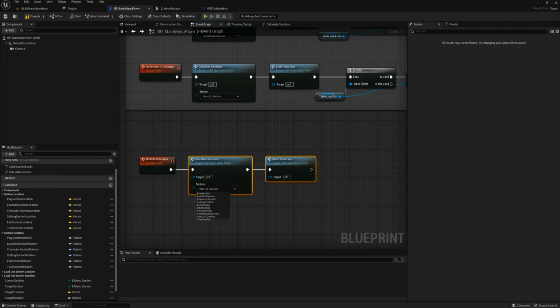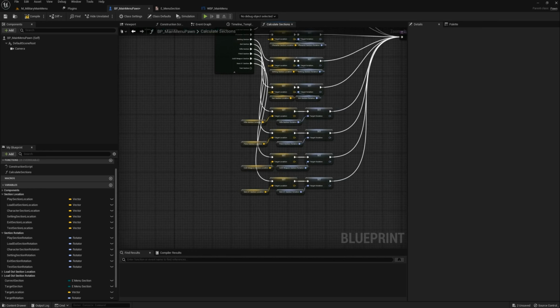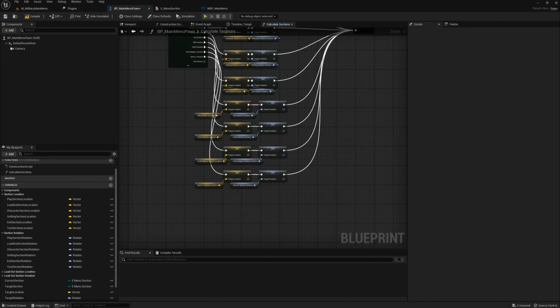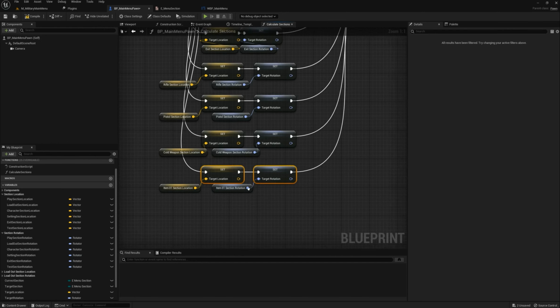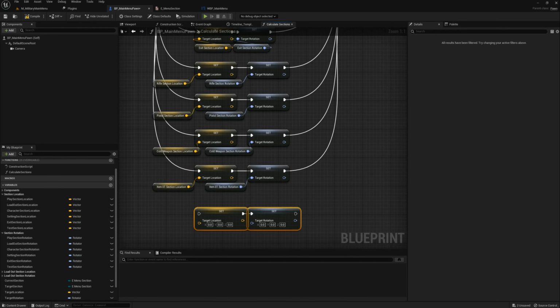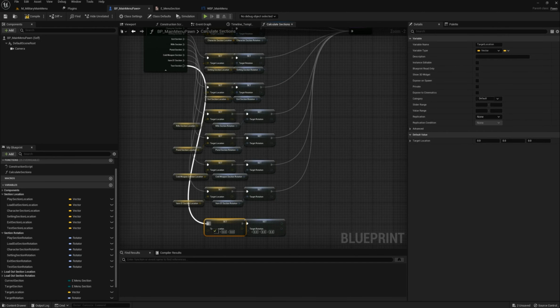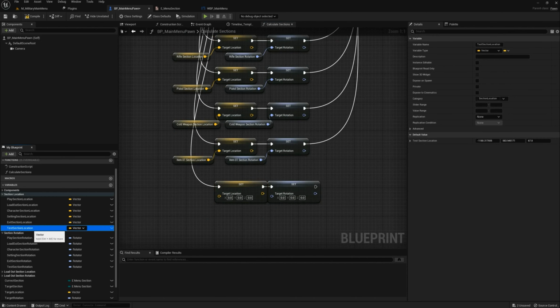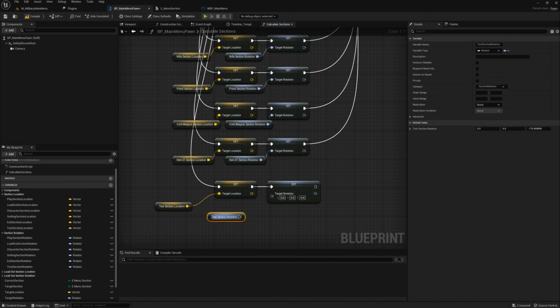And then I'm going to press the test section. And then afterwards, you come over here, the target location and the target rotation. Just going to copy it and then connect it to the main one, and set it like this. Actually, add it like this,